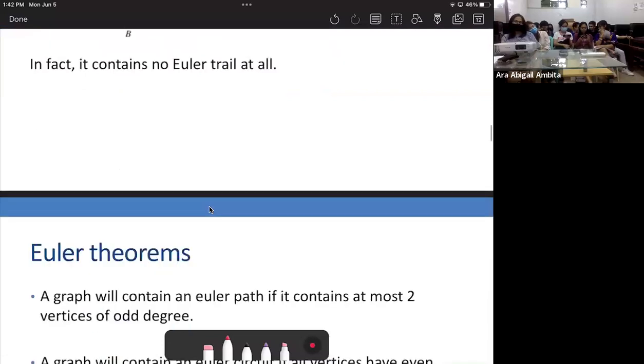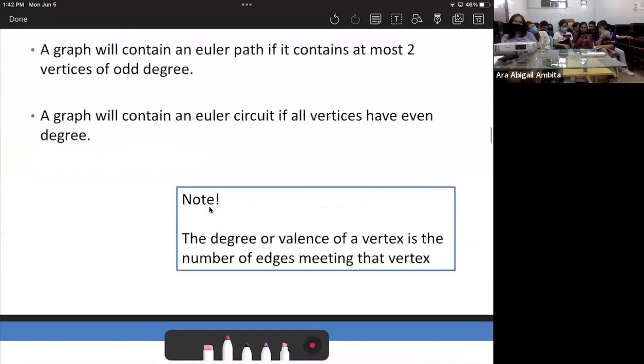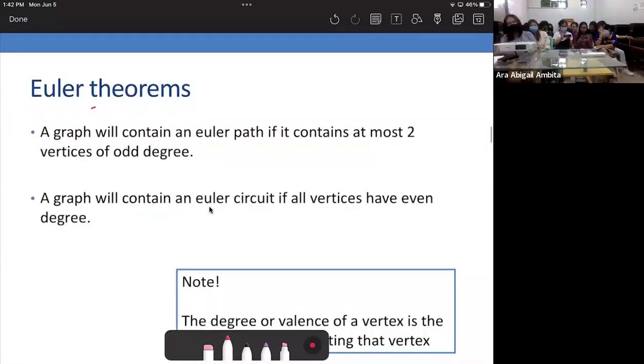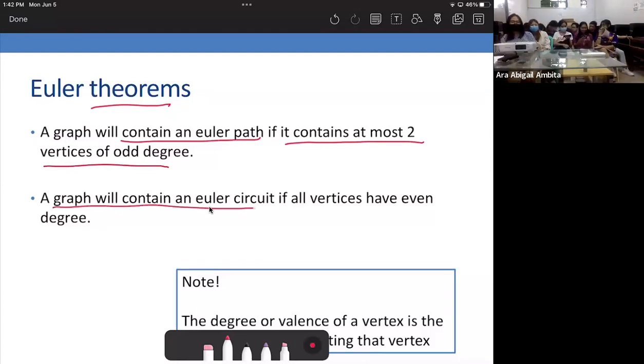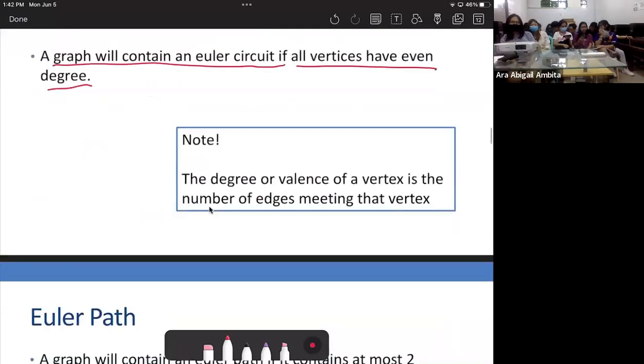So, there is no trace that a graph will contain an Euler path, and we'll show an example later. And then a graph will contain an Euler circuit or cycle if all vertices have an even degree. Okay, so pag titingnan na natin itong